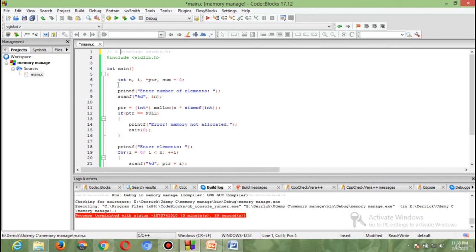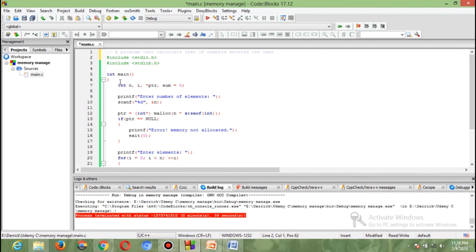A program that calculates the sum of numbers entered by the user. Okay, so now